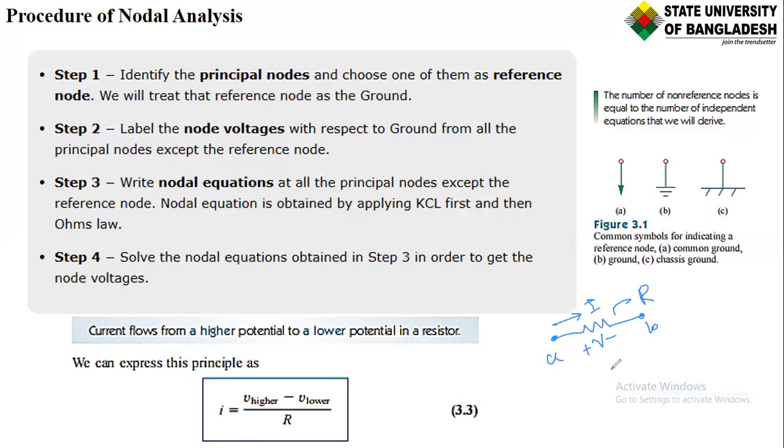That voltage we identify as VAB, the potential difference of the resistor, which is VA minus VB, meaning that VA is the higher potential and VB is the lower potential, which indicates that current will always flow from the higher potential to